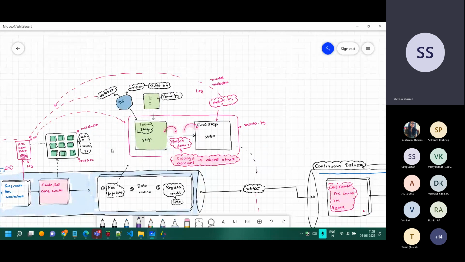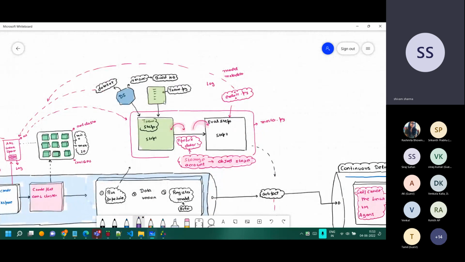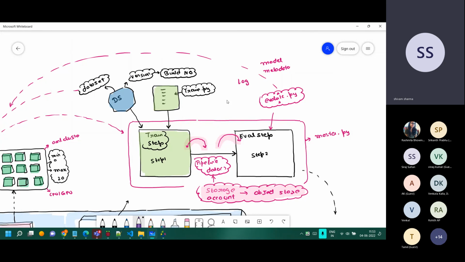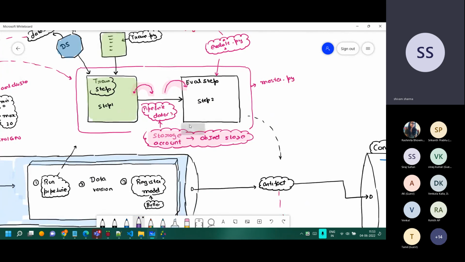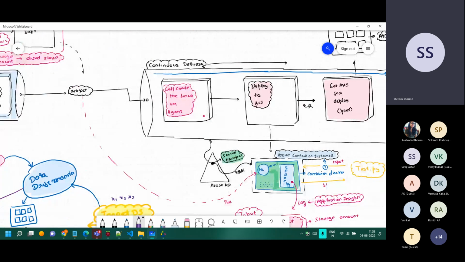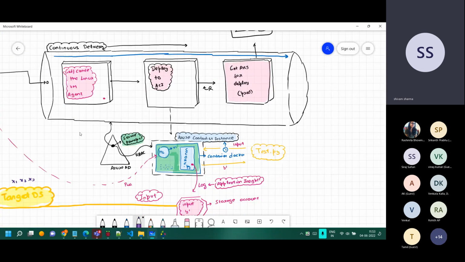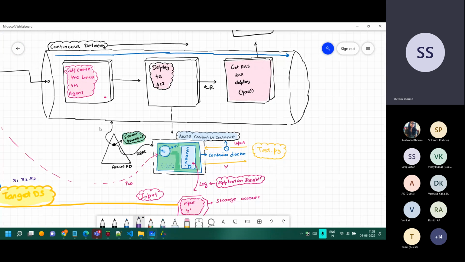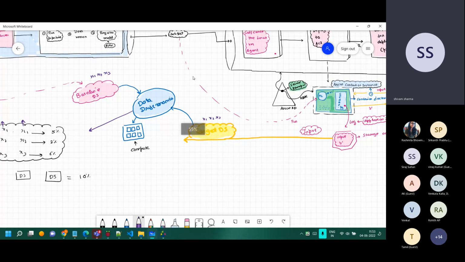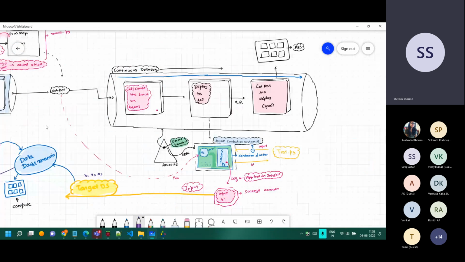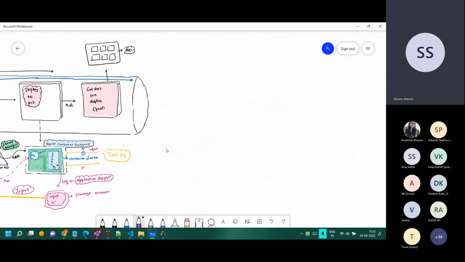Okay, so if I take you back over here: dataset versioning, the code versioning with build numbers and so on and so forth, artifacts, the CD pipelines, the continuous delivery, continuous deployment, ACI, AKS, and then finally the data drift monitors. The last thing which I just want to show you is pretty interesting.